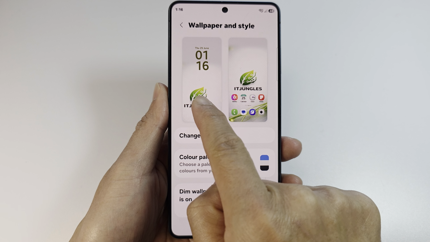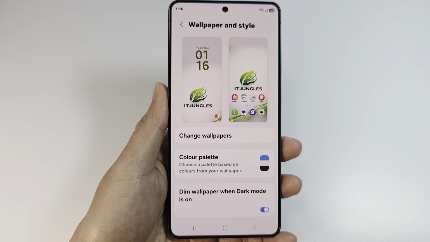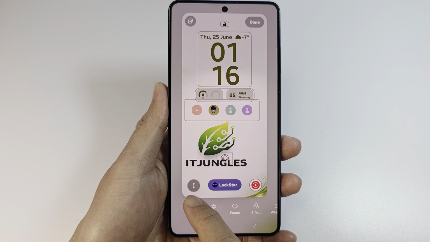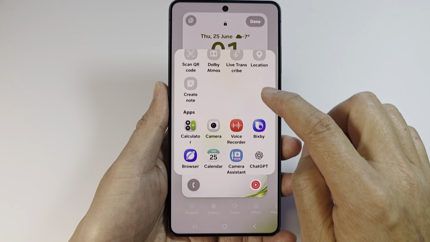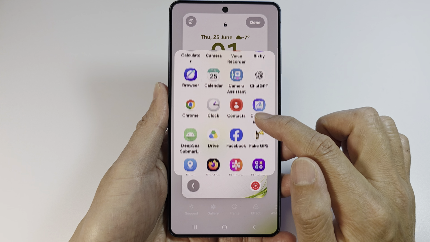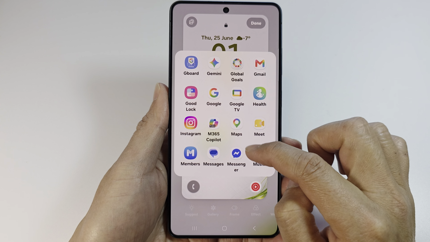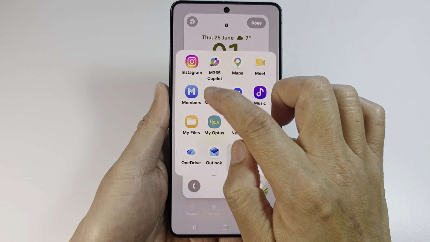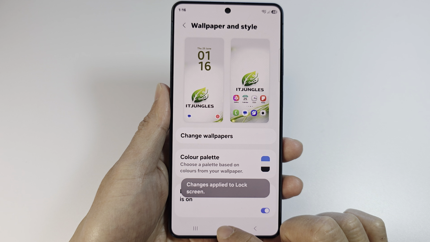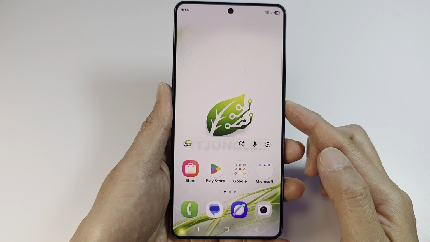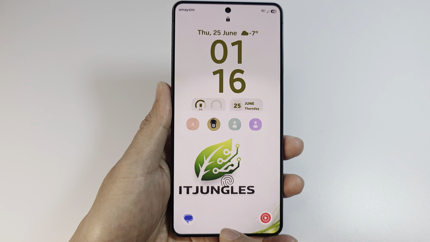Next, we tap on the left lock screen panel. From here, we go down and tap on the left or the right shortcut. Next, scroll down, and in here, you want to look for the Messages app, and then tap on Done at the top. Okay, now if you go back to your home screen, and on the lock screen, you can now